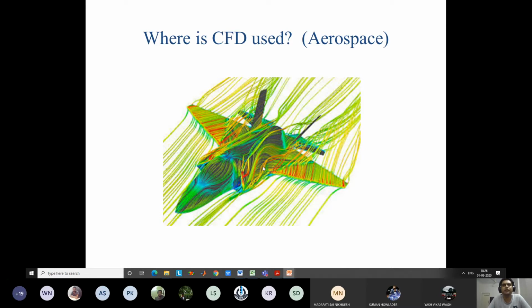So nowadays, when you design an aircraft, you design each of these parts using CAD models, then pass the CAD model to a CFD team. The CFD team studies the flow pattern, what the lift is, what the drag is, things like that, what the temperature change is, and then they pass the results back to the design team. Then based on the result, the design team will do more iterations. They will modify the design slightly so that we get higher lift, lower drag, things like that. Okay. So after going through a lot of iterations, you can refine the solution. Then only you go for prototype development and final experimentation.